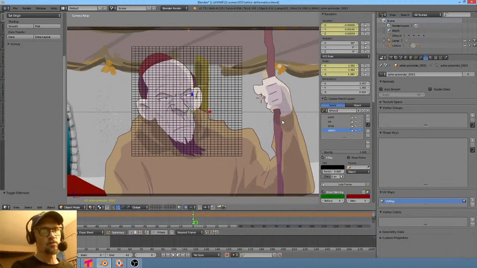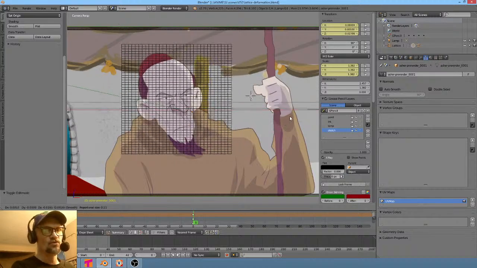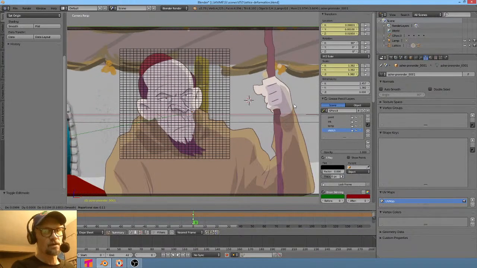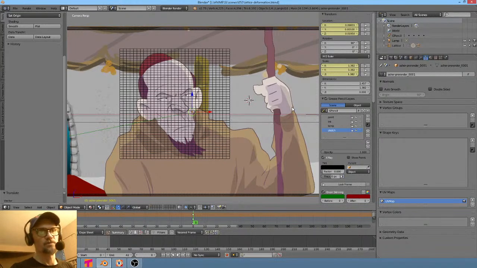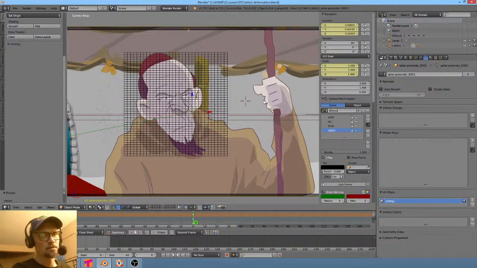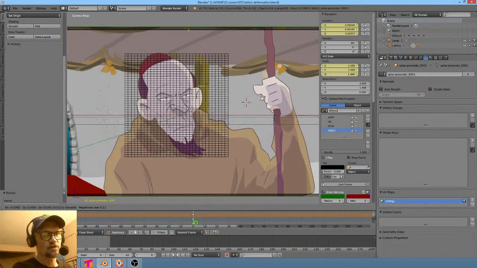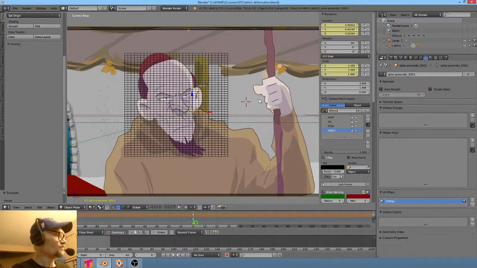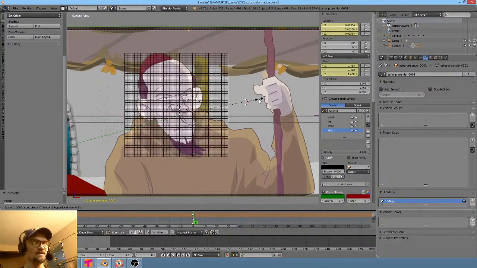Okay, so now we're going to move Asher around so that, as you can see, our lattice is doing what it needs to do. Now what would probably be smart, if I was smart, is to scale up Asher. Watch this, this is probably going to be a crazy cheat. What happens if we scale Asher on the X? Since the camera is parented to the plane that the image sequence is on, it should be that if